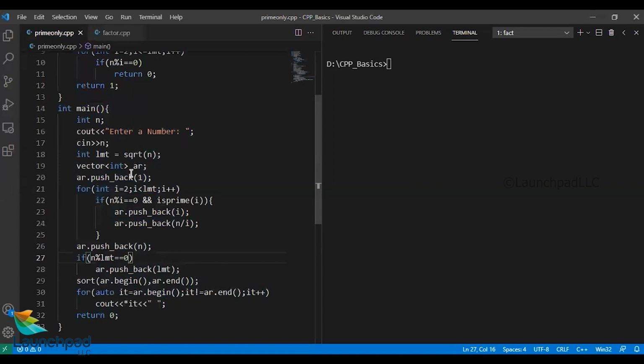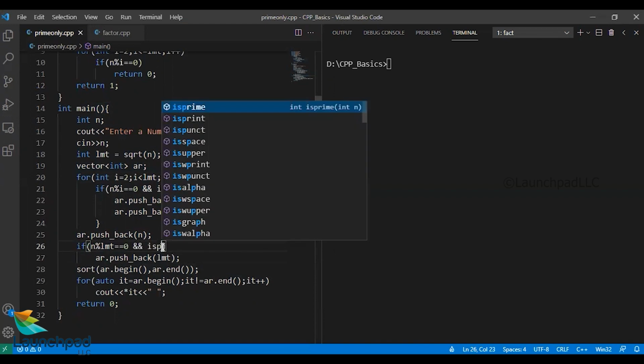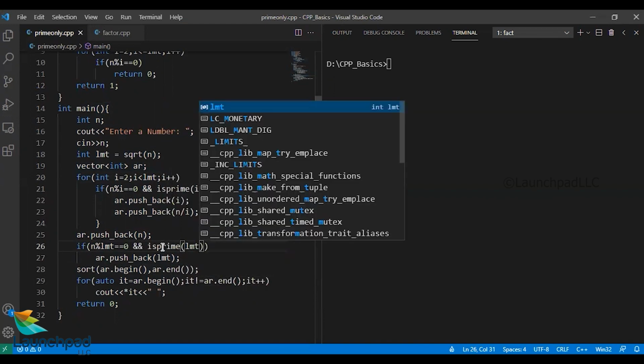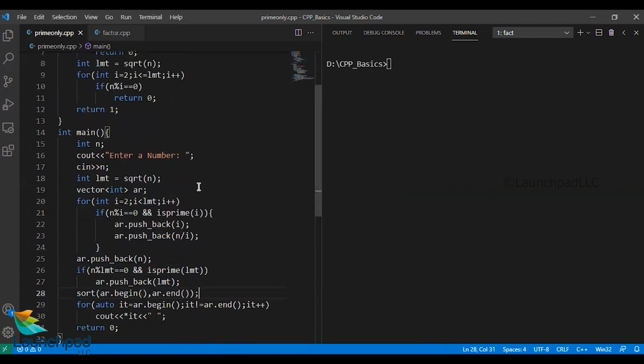And the same way here, I need not push back 1 because 1 is not considered to be a prime number, so I'll remove 1. And that limit should also be a prime number, so isPrime of the limit. Those are the limited changes which we need to do, and we have included the isPrime function already.